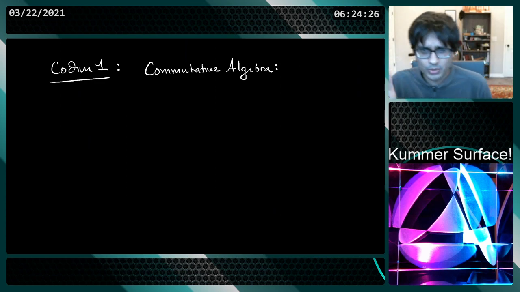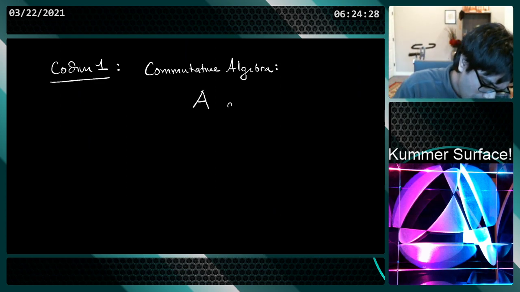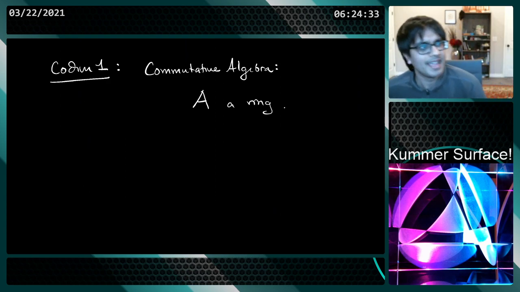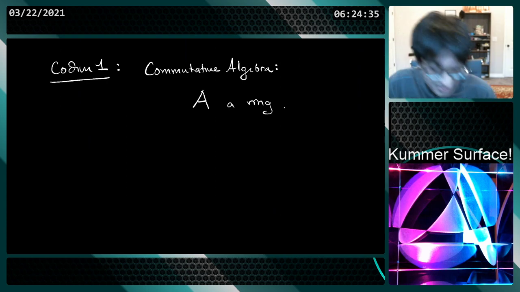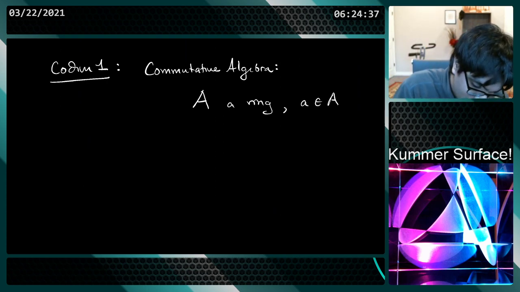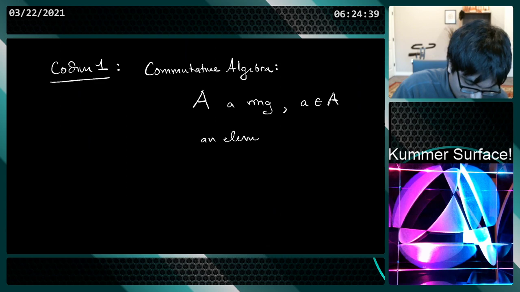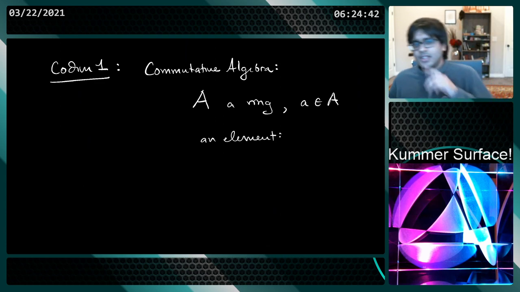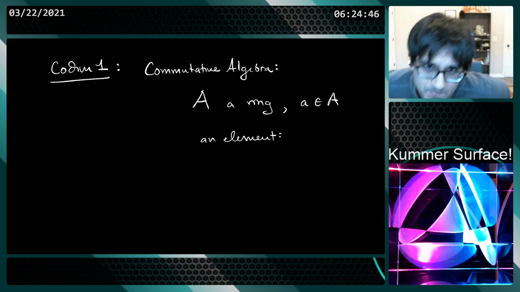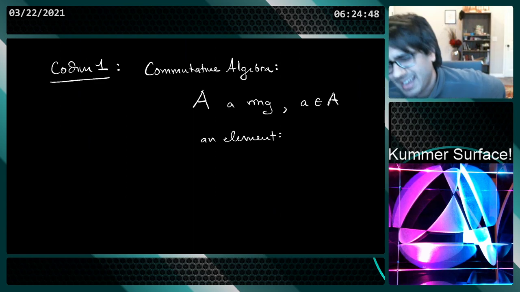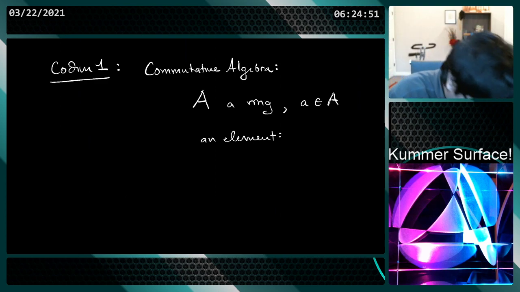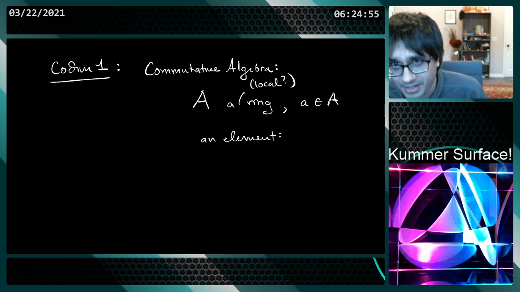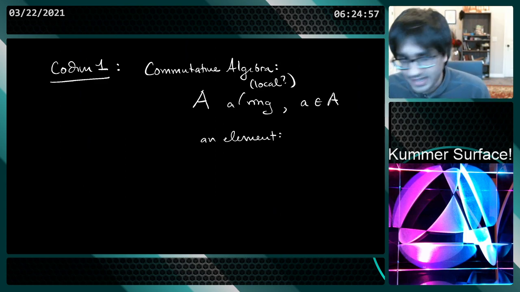It says that if you have a ring, and if you take an element, then suppose maybe you need it to be a local ring. Okay, doesn't matter. But if you have a ring and an element,